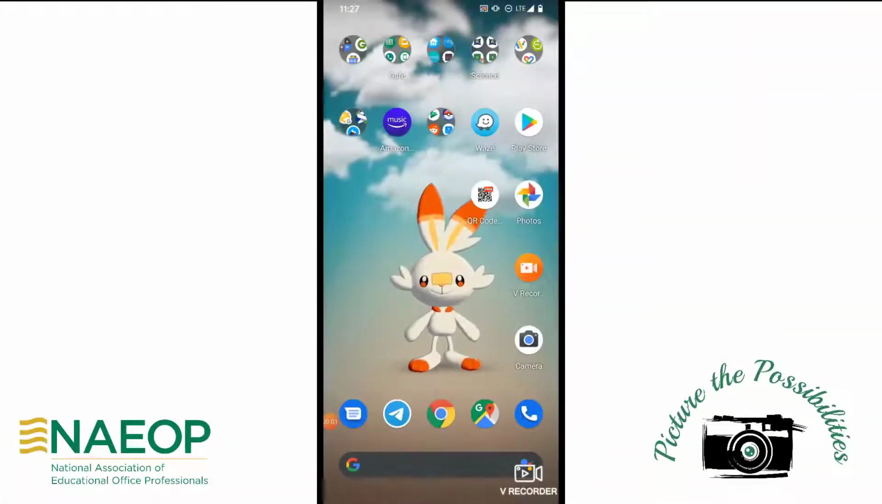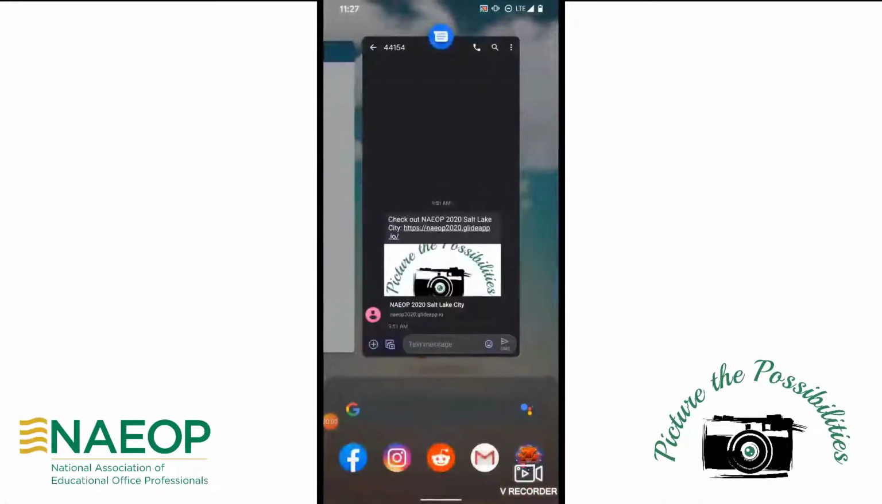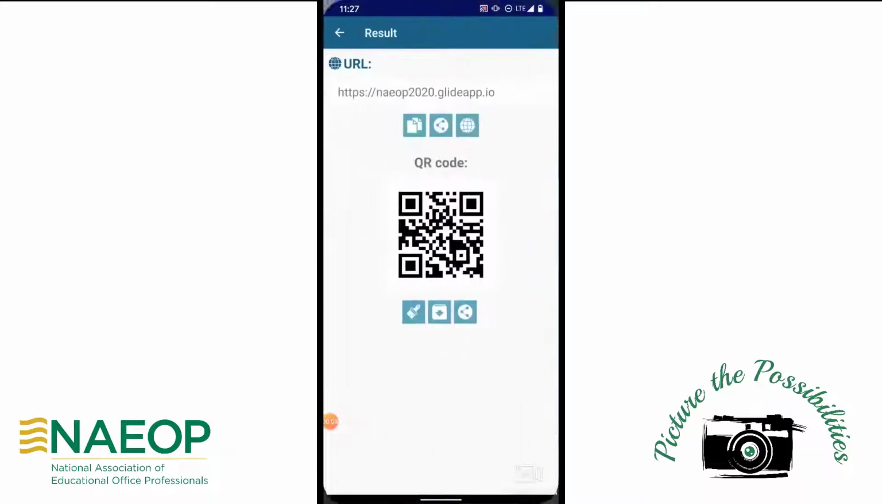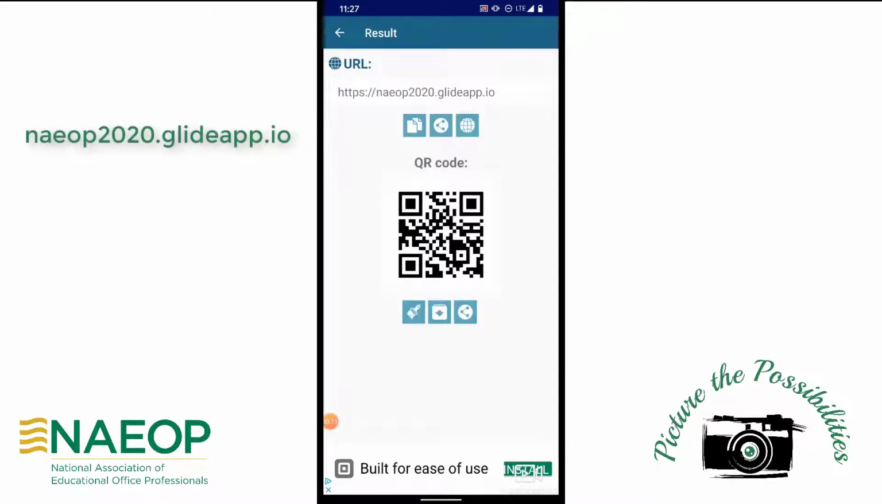To get to the NAEOP app, you can either get it through a text message or get it through a QR code. You can also type in the address